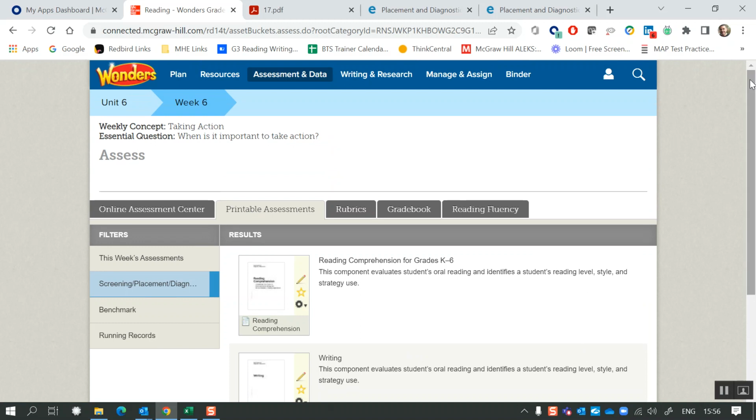So let's see if this can help. You can see here the running records are there, the benchmark, and the weekly formative assessments as well. I hope that can be